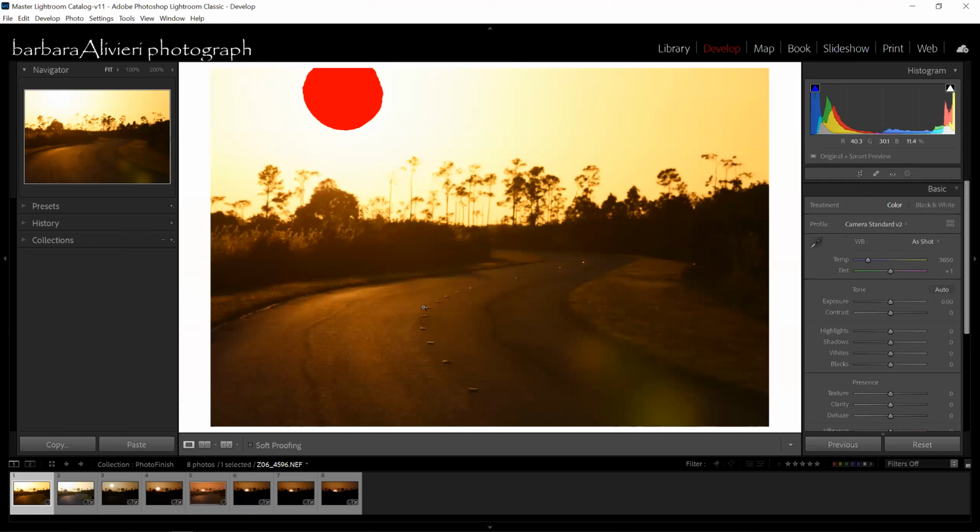But when I took this, my whole area of concentration was on the road. I wanted that glow on the street, on the blacktop here, because I thought that really looked really cool. And I knew once that sun up here got lower, the angle of the sunlight would get lower and it wouldn't be illuminating the roadway like it does now. So I wanted to get the road while the sun was up. Okay, so obviously this white balance is not good.